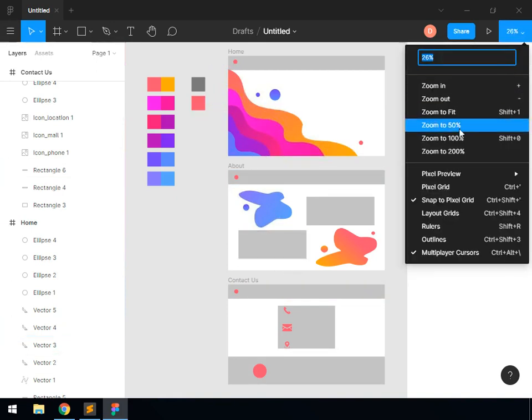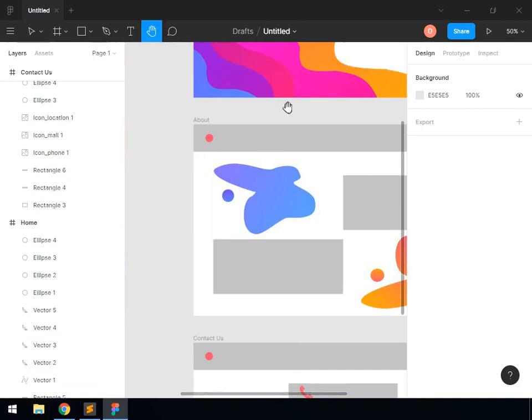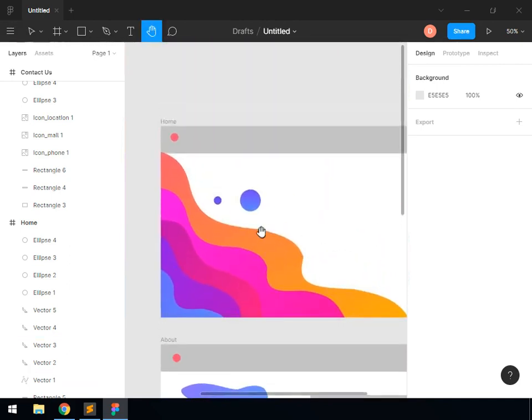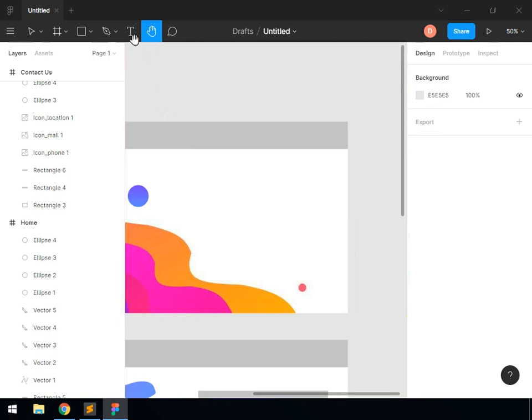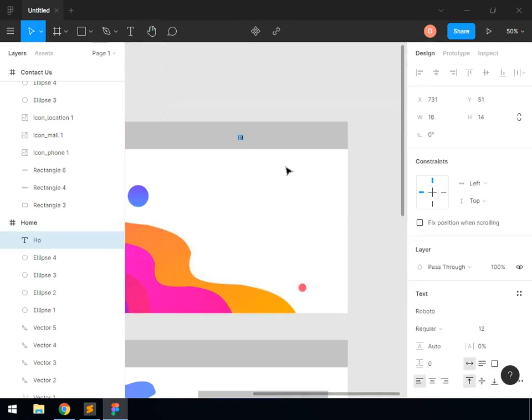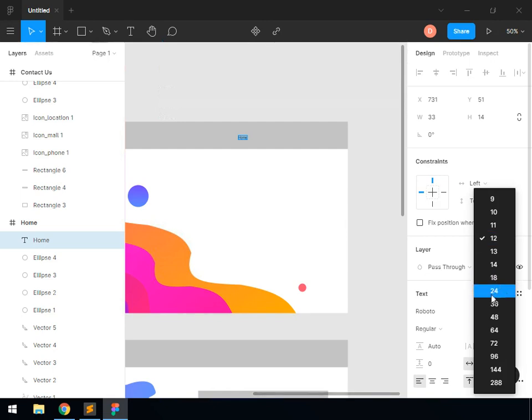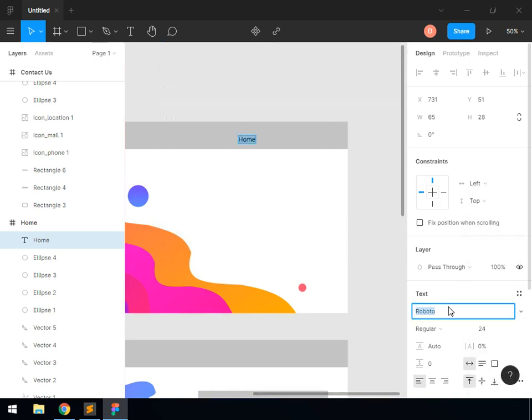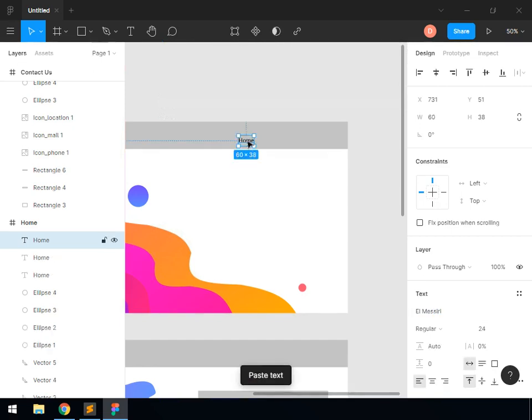First, zoom to 50%. Use the hand tool to focus on the top right corner of the home menu bar. Use the text tool and add the text home. Double click on the text. Set the size to 24 and the font to L Masiri. Copy and paste them twice and drag them to the sides so that we can have our links about and